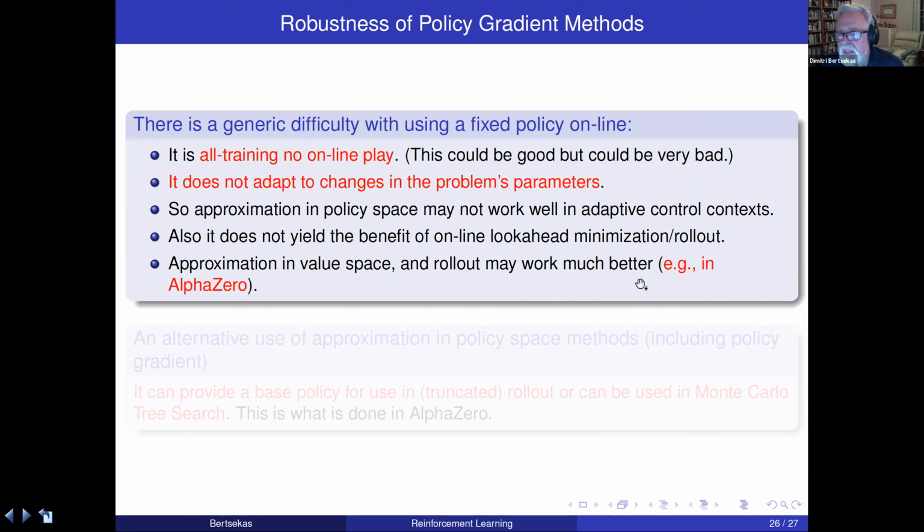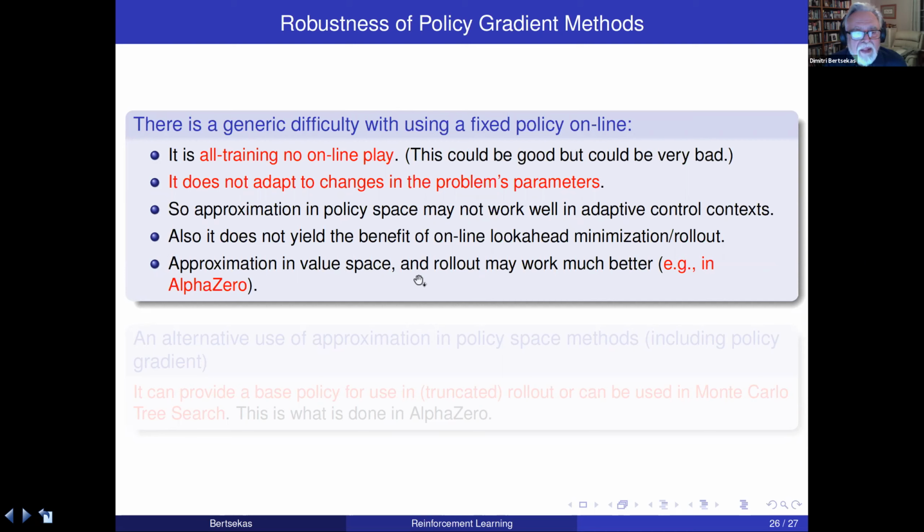And this policy is used during online play, but in conjunction with multi-step look ahead and rollout. So if AlphaZero were to take the policy network, the policy obtained from the deep neural network obtained through offline training,